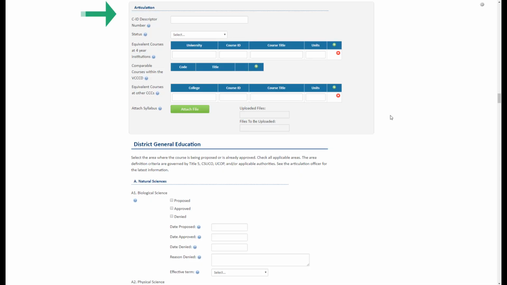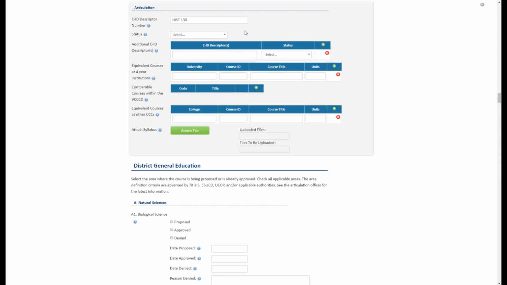Alright, so we left off on articulation. The first item in articulation is for CID descriptors. So if your course is being created to align with the CID descriptor, enter that descriptor ID in this box. So for our sample history course, the CID is HIST 130. And below, where it says status, use the drop-down menu to select aligned. The articulation officer will be responsible for changing the status to indicate when a course has been submitted or approved